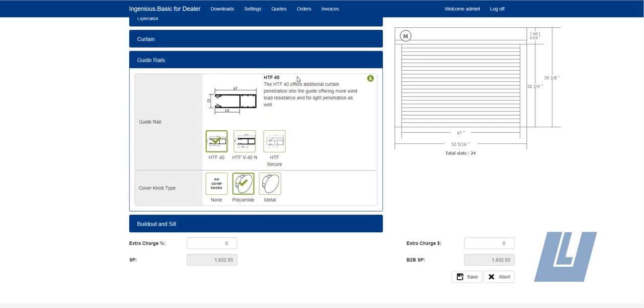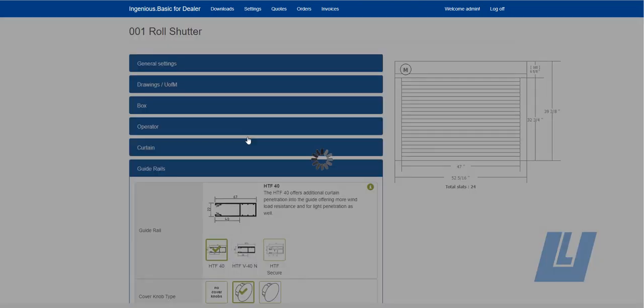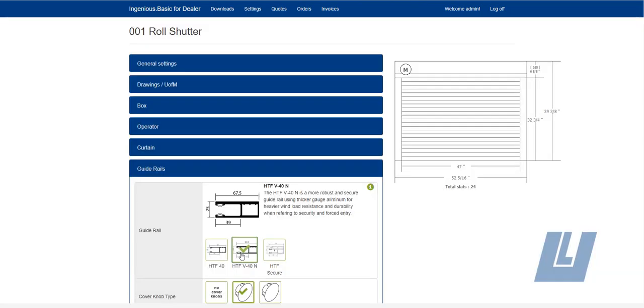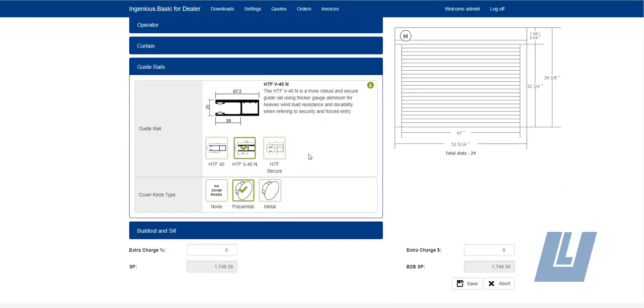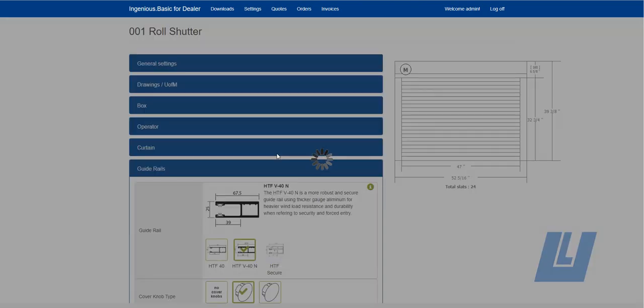The standard guide rail for the Ultra Secure is the HTF 40. For a little added security, we recommend going up to the V40N, and that's including extra wind load. If you are concerned primarily of wind load or security is your primary focus, the HTF Secure is our heavy